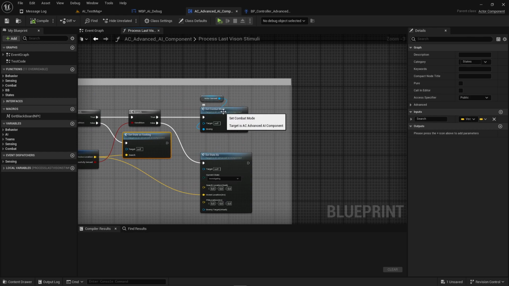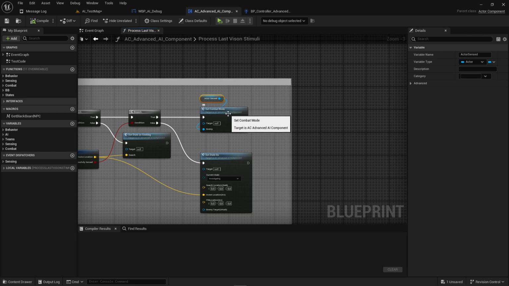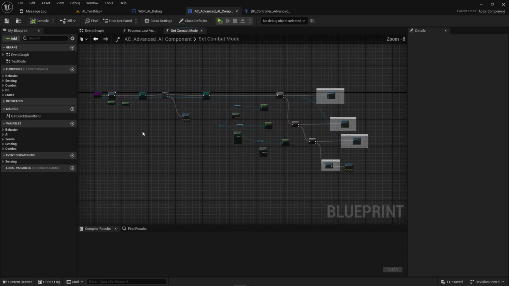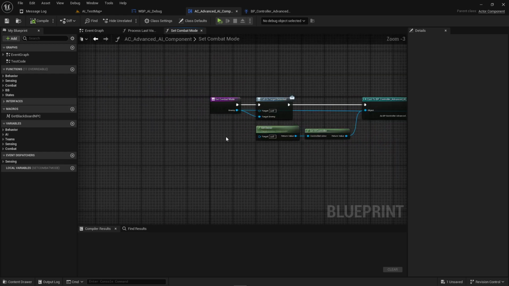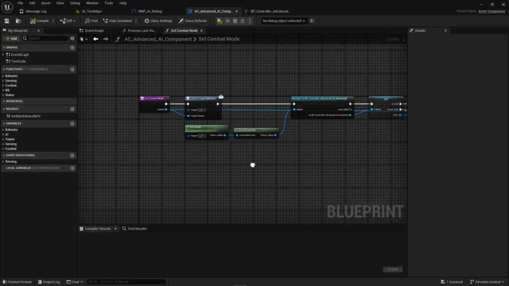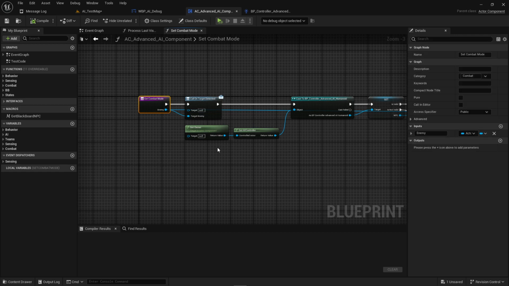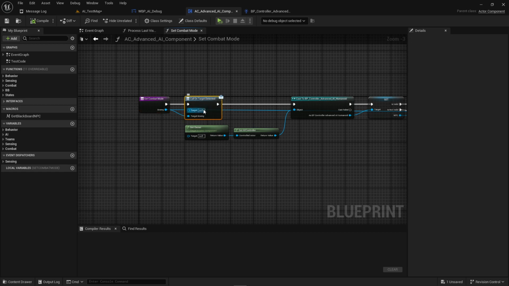set the enemy, because the function requires an input, yeah, so that enemy is then the actor we sensed. So I'm gonna double click, and if it's then not there, then it's going to investigate, but that's also a function we are not interested in at the moment and not working. Then we are going to set the combat state. Directly when we set the combat state, we are calling the on target detected, and the on target detected